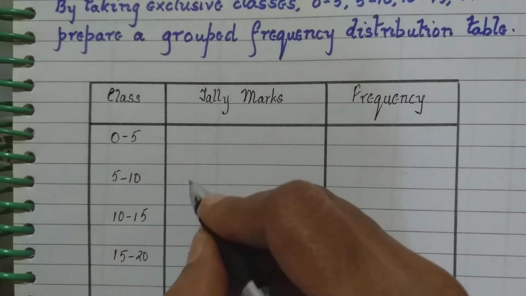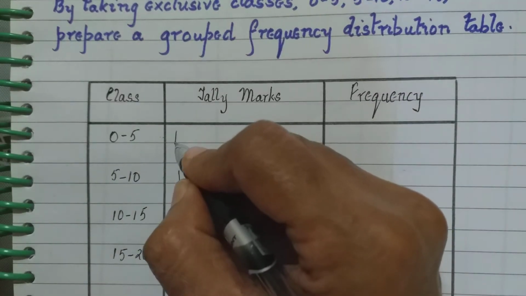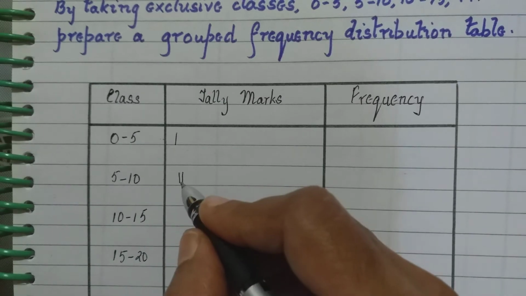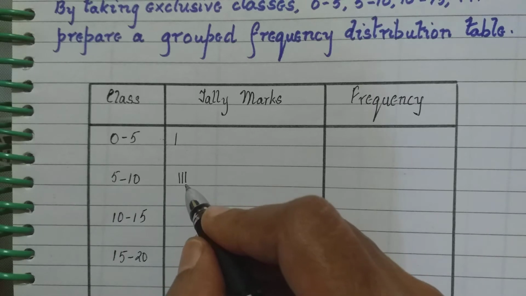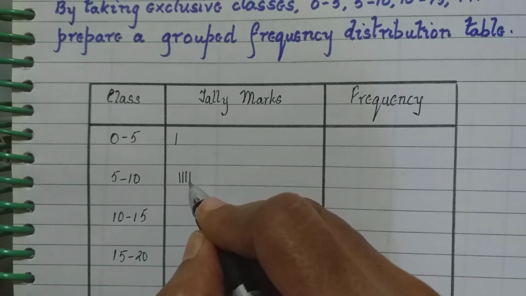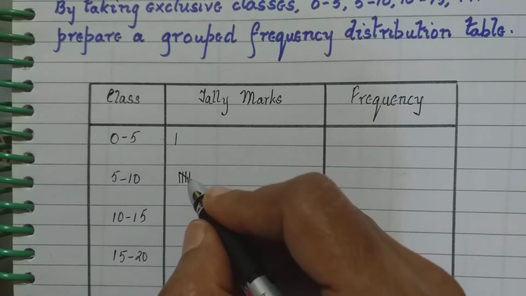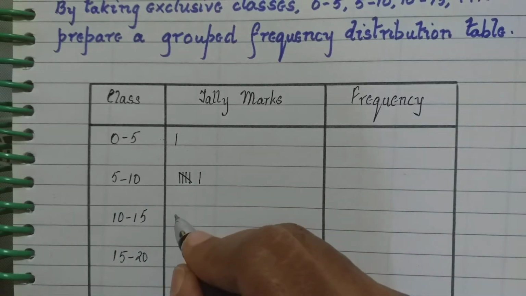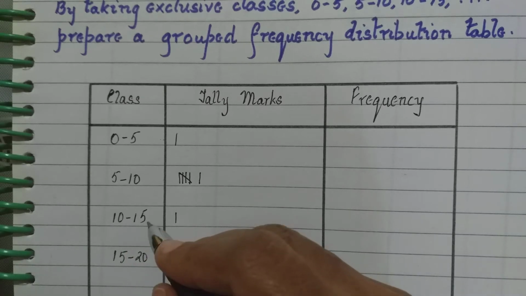Then 7, 4.5, 8.5, 5.5, 5, 6.5, 6, 10, again in the one with the lower class limit, 12,